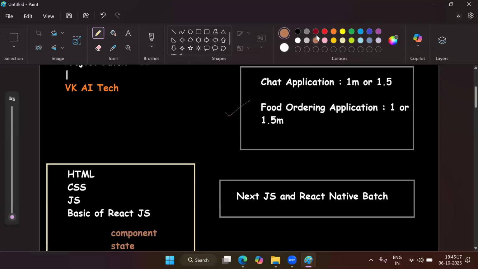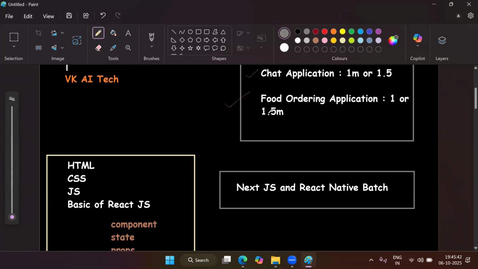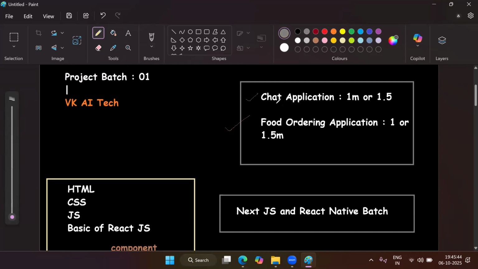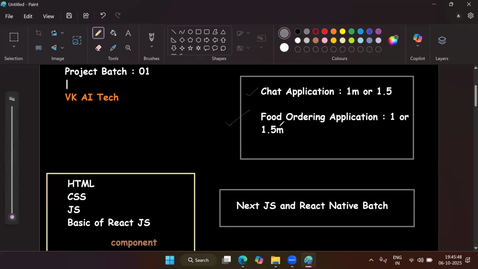I have shown you the output of the chat application that we are going to develop. We will start with the chat application only. I am still working on the food ordering application, almost 80% of the development of this project is done. Still 20% I have to develop, so I'm working on that. Once the development of this application is also done, I will show you the output of this application as well. Anyway, it will take 1 month to learn this chat application, so meanwhile, this part will be ready.